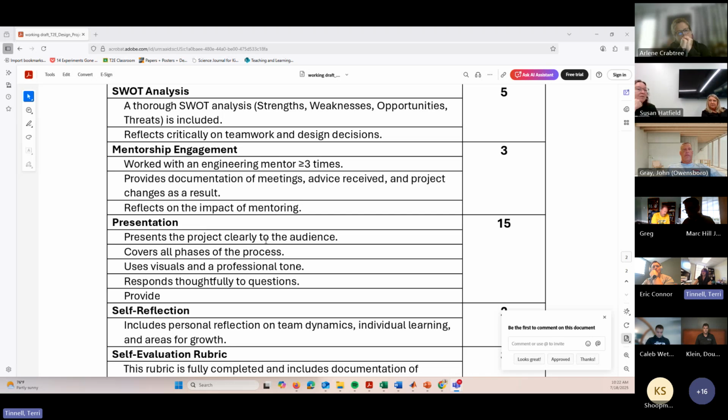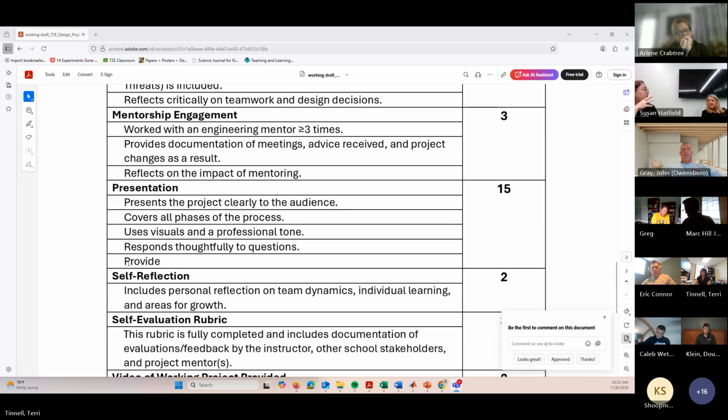And then we have the presentation, and we've tried to articulate out. Oh, it probably was supposed to do, again, this is a working document, not full. I'm not sure, I'll have to look and see. That was probably supposed to be deleted. But the presentation,